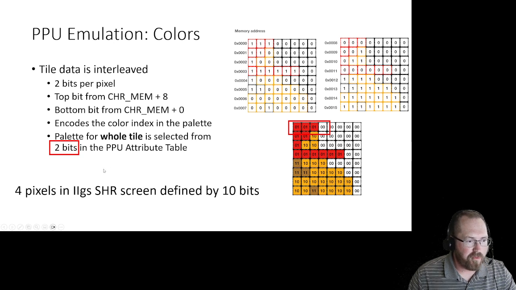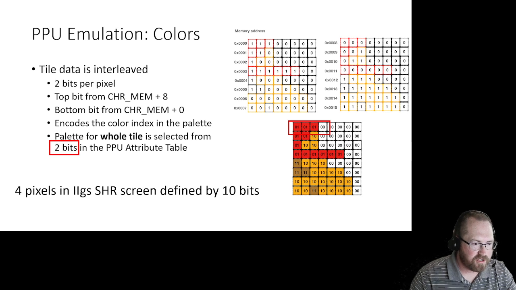Now, what's interesting about this is the most efficient way to get data onto the 2GS screen is to do things 16 bits at a time, so 4 pixels at a time. Well, 4 pixels in NES space are defined just by 10 bits, 2 bits per pixel,